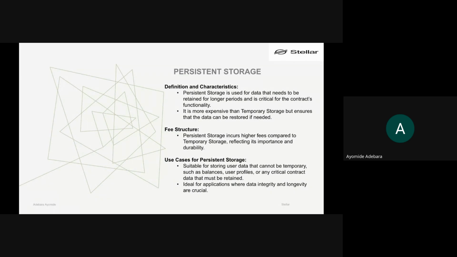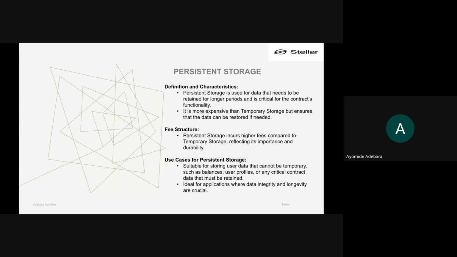Another one is user profile. A user is not going to leave, and for a user that wants to use your application, your DApp, you need to keep the user profile for a long time. Imagine you opt in for temporary storage and then the user loses his profile based on the fact that the contract has been archived and can no longer be accessed.